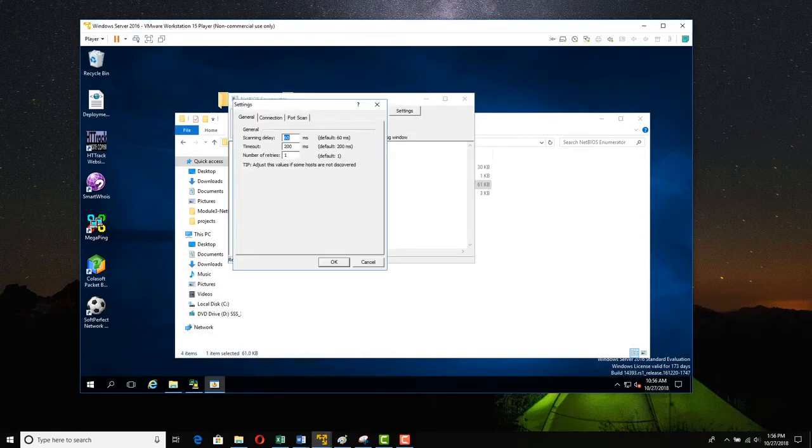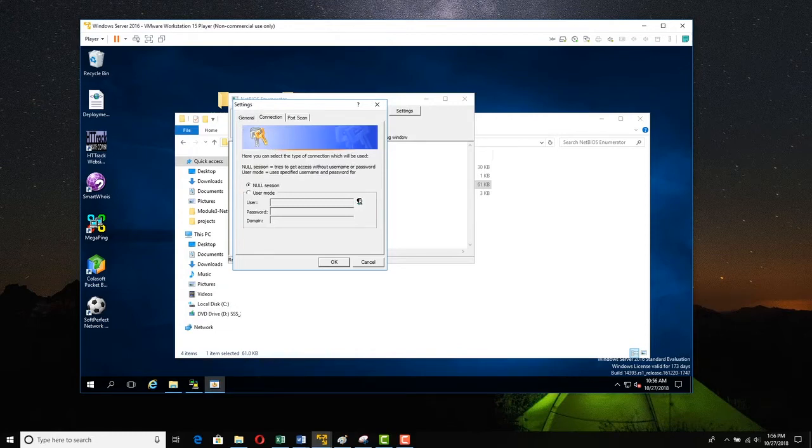Let's go over to settings. It has some speed settings, and you can try to enumerate using a username and password. If you know a username and password, you can usually get more information by supplying that. So we're going to try that. Let's try the user Moo. Well, actually, let's try administrator, because that should be across most of the machines,